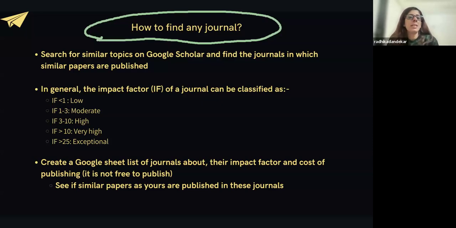But then if your paper gets accepted in that conference, you might have to pay charges of traveling to that particular place where the conference is being conducted, or if you're staying there, you might have to incur those charges. But there is no such upfront cost of submission if you're deciding to submit your paper to a conference.